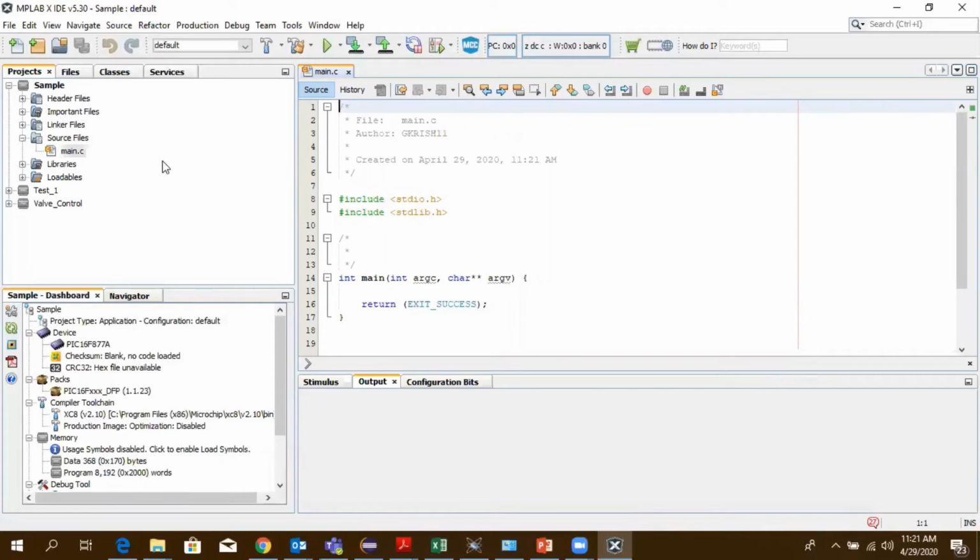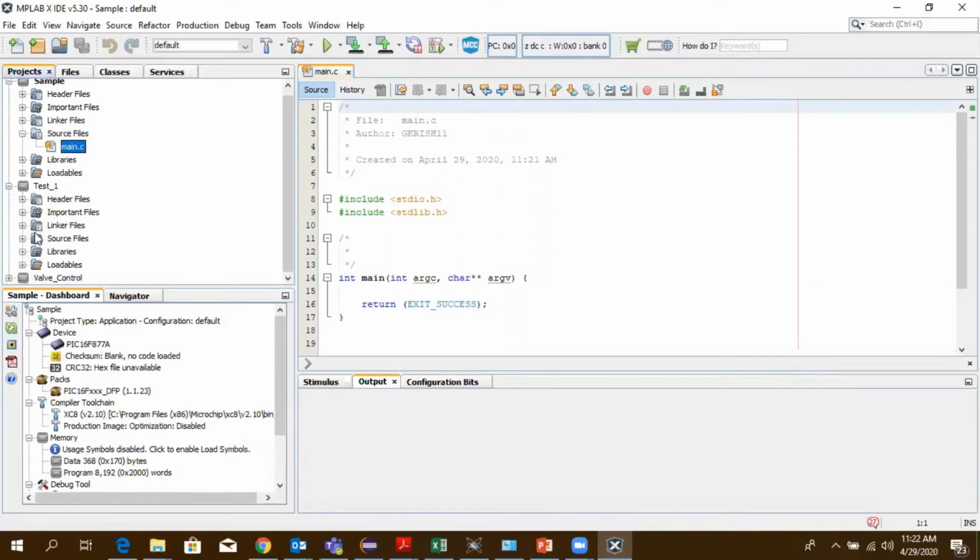What I will do is take a sample program. We'll see the working in detail in later videos, but for now, how to create a sample project and how we are going to compile, we'll see those things.